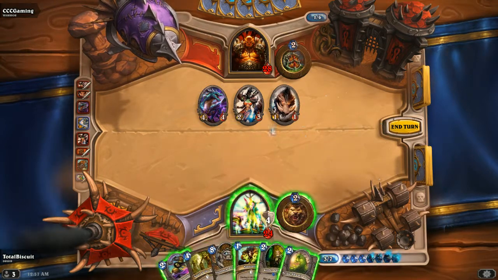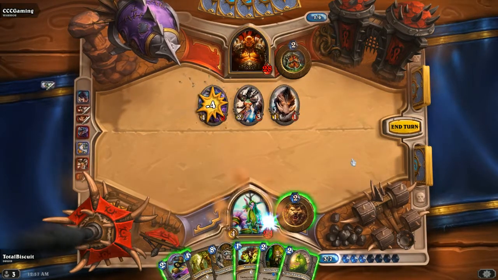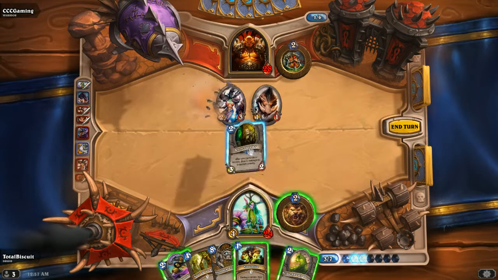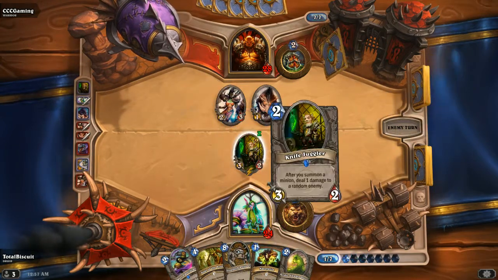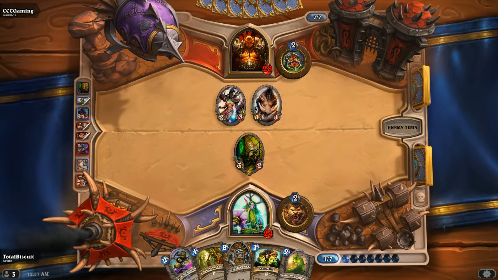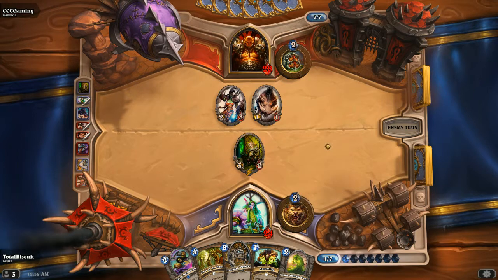I'm going to start with Bite. We will Bite and kill that. Take no damage, which is great. And then we'll play the Knife Juggler. So, yes, he absolutely can kill it. We know that. That's fine. That's still trading 3 costs worth of minions for 2. If he decides to do that. Minimum, he just trades the Razorfen Hunter for it. And Knife Juggler's often priority targets, so...